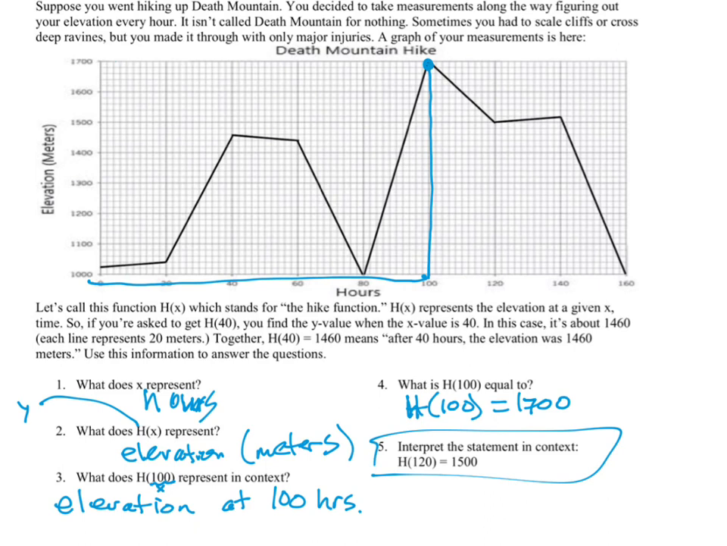Okay, and last part, when you interpret what that whole thing means in context, well, this says h of 120 is 1500. Yeah, that matches. So remember, this part is an x value, this is a y value, and since it tells us it equals 1500, that lets us know the y value equals 1500. So we're going to convert that statement of h of 120 equals 1500, and replace it with words from the context. So h of 120, just like over here, would be the elevation